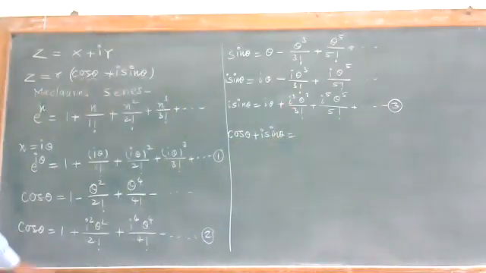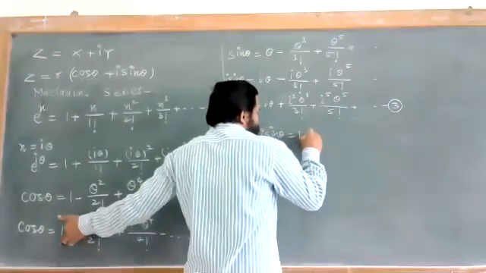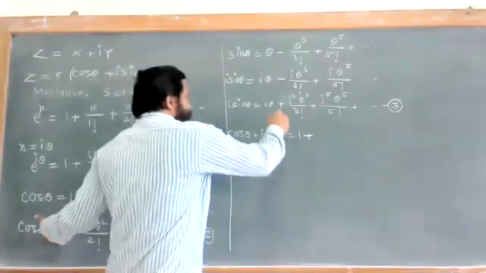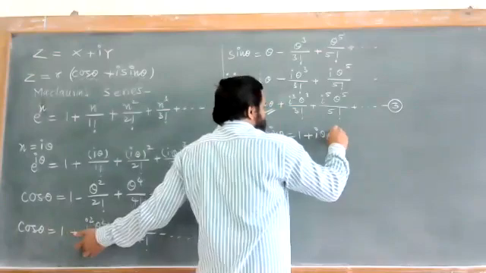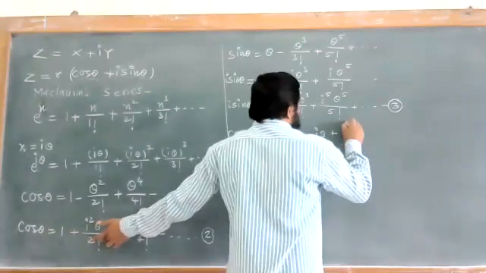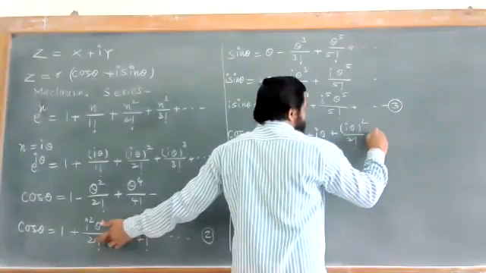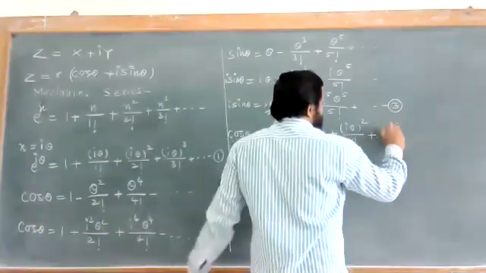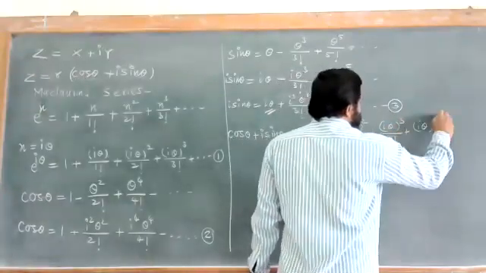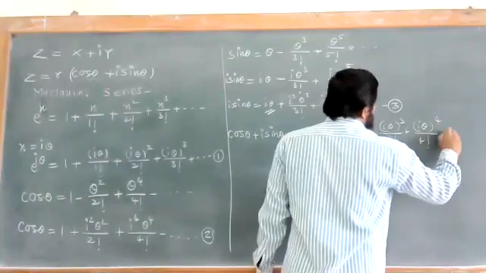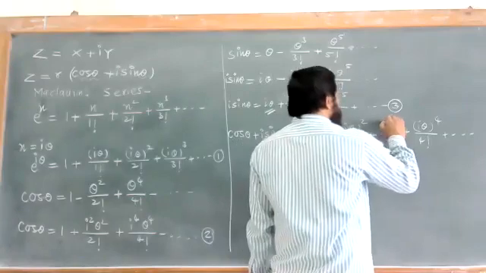And that is given in terms of, look at this first term, 1, plus, I can use the second term, plus i theta, okay, plus third term, that is i theta bracket square upon 2 factorial is third term. The fourth term is i theta bracket cube upon 3 factorial plus i theta raised to 4 upon 4 factorial and so on. This is the important thing.